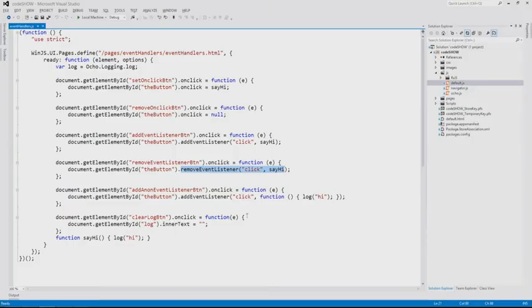Now the third one here is doing it a little bit differently. The third one, instead of using the say hi method as we did in the previous examples, is doing it anonymously. It's adding an anonymous function by way of the add event listener. And that can be added, but since that function doesn't have a name, there's not really a way to pull